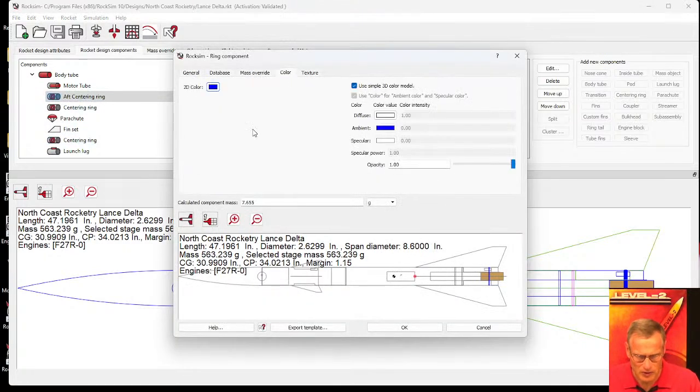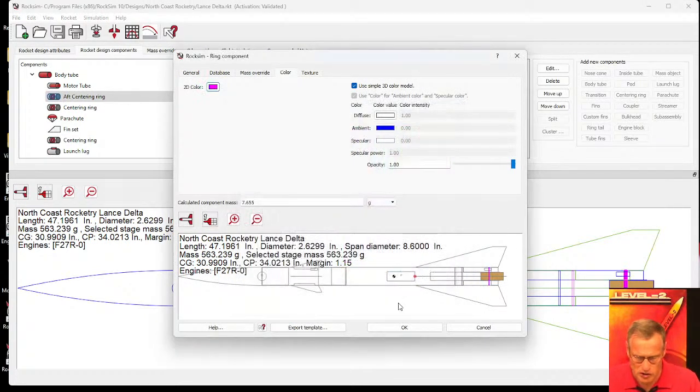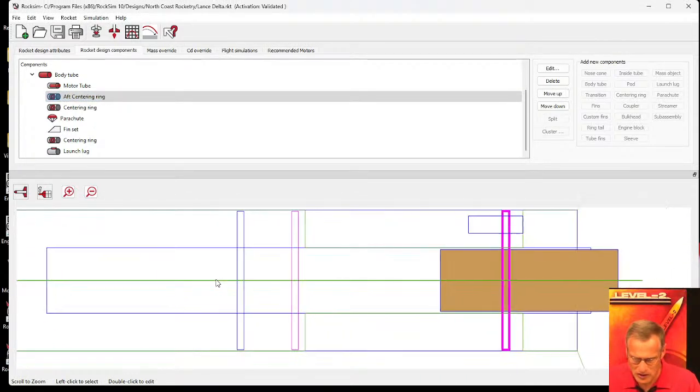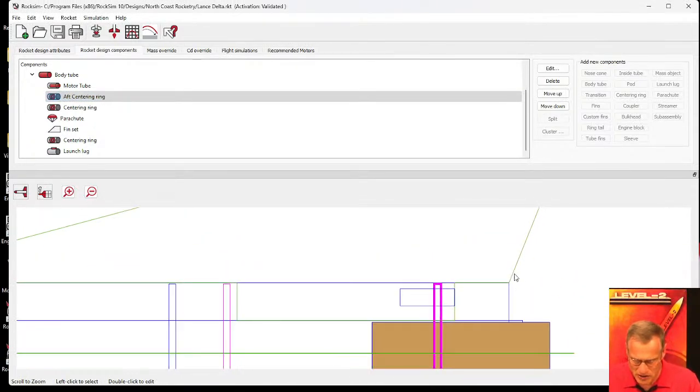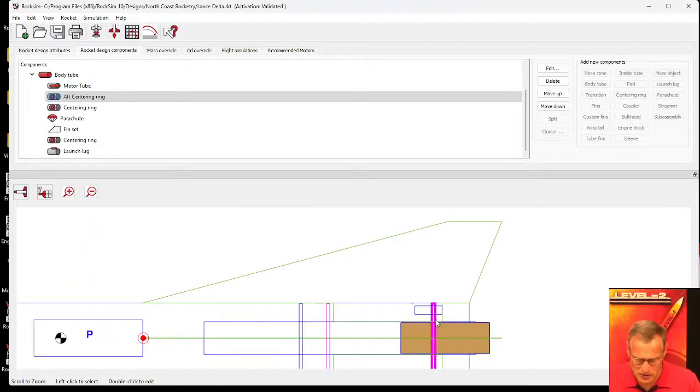Let's make that one also that color, magenta. Click OK. So now if we look at this, you can see the fin is green, and it's got a fin tab right here. And so these centering rings, they're not quite placed where I would place them,